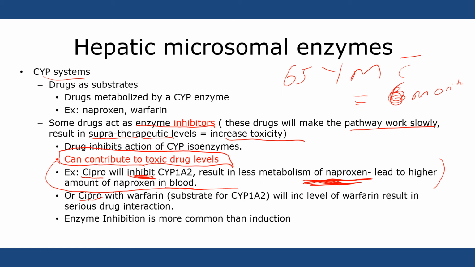That's a conversation that needs to happen with the patient, or at least educate, let them know, because naproxen can be dangerous, right? We know that. Okay, another example is Cipro with warfarin, which is a Coumadin. Same thing, the levels of warfarin will increase. You can have a serious side effect, as we know that warfarin